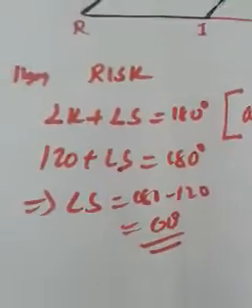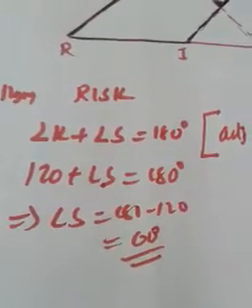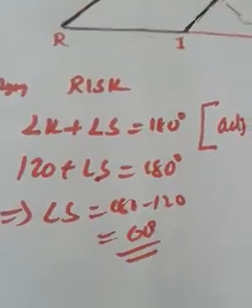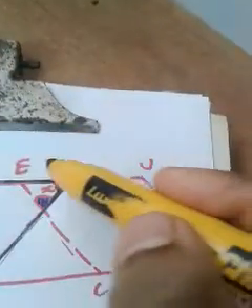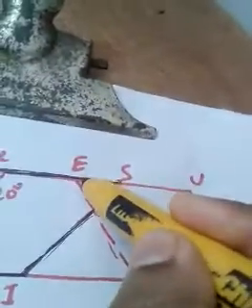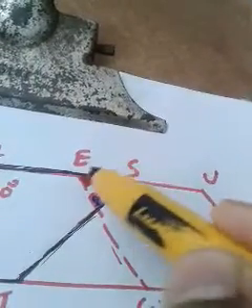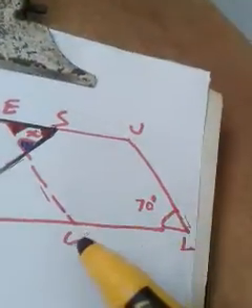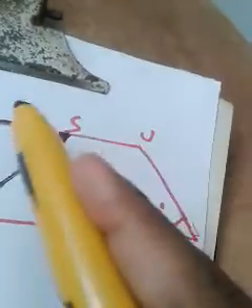Wait there, angle S. Please wait, take it easy. Okay, so we got the value of angle S. Anyway, we are supposed to calculate angle X. Let it be there. And now can you tell me the value of angle E? Now I am going to calculate angle E, this angle. If this is 70, angle E also will be 70. Why? Because consider the parallelogram CLUE.